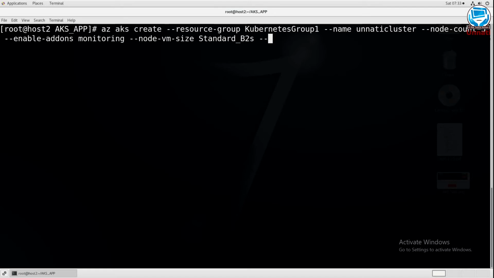And the last thing is to generate SSH keys. Okay, instead of node count equals 3, I'll give it 2, and I'll hit enter. This will take some time.